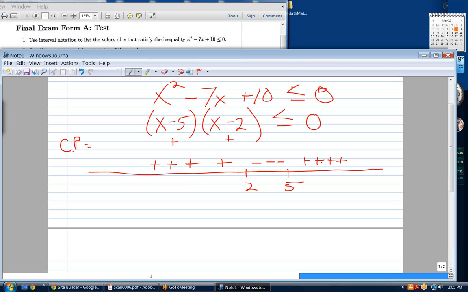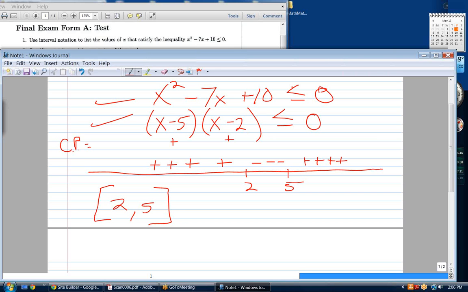So now, what is the answer in interval notation to the question, when is that less than or equal to 0? So that would be 2 to 5. Brackets or parentheses? Brackets. And that's how you do inequalities based on